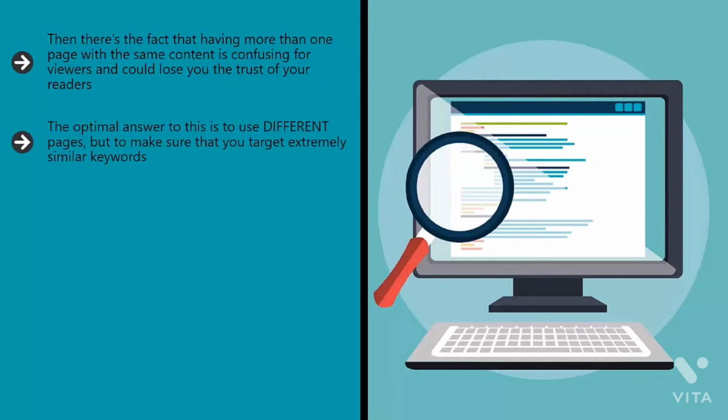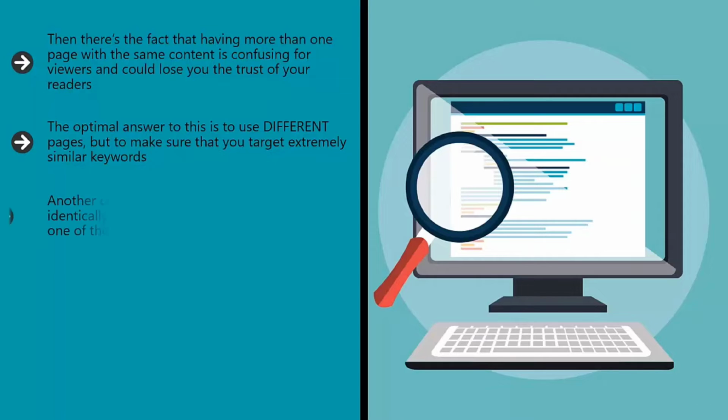The optimal answer to this is to use different pages, but to make sure that you target extremely similar keywords. Use a keyword research tool like KWFinder, www.kwfinder.com, and then target keywords that have similar search volumes and similar KD, keyword difficulty ratings. When you do this, you can try different techniques on similar pages with similar objectives and see which one comes